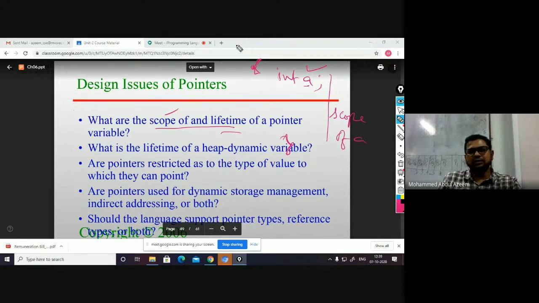If I have another outer block with some other part of the text here, A is not accessible there. Since A is declared within this block, it can be accessed only within this block. If I try to access it outside of this block, I cannot, because the scope of A is limited to this particular block. This is what scope is. Now, coming to lifetime.